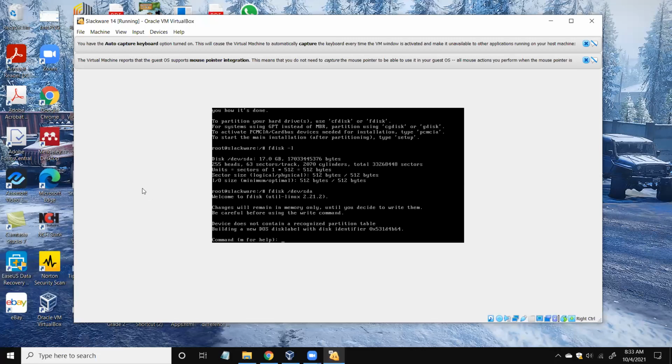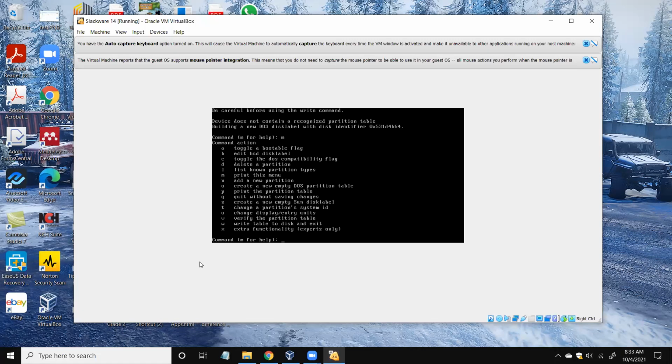So the total size is also given here, that is 17 GB, right? So now I will press M, right, to list down what are the available commands in fdisk. So when I enter M, I will get the list of commands, right?